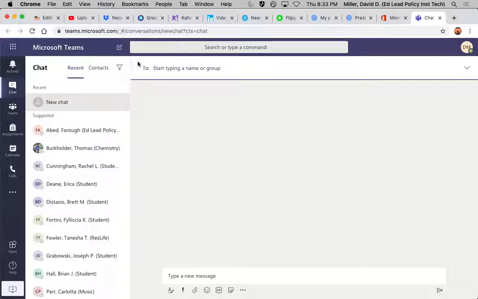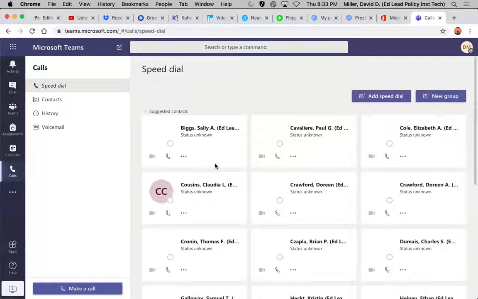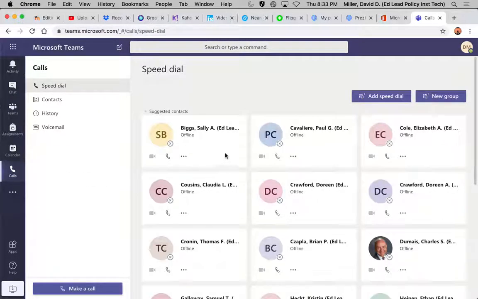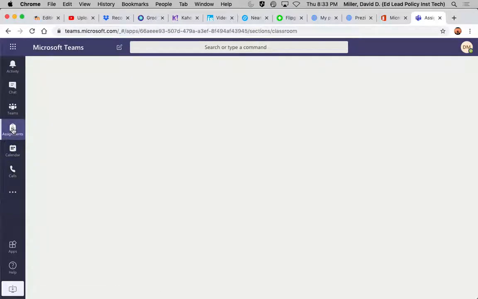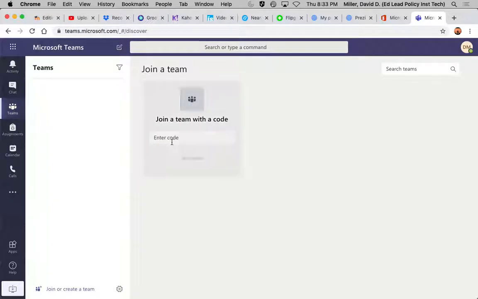just made that better. But yeah, like Stephanie said, you can actually do calls. I don't want to pull anyone up here because I don't know most of these people, because this is through the university and most of these are their faculty members. You've got calendars. You can set up assignments or activities. You can have multiple teams, so you can set up teams. You can join teams.